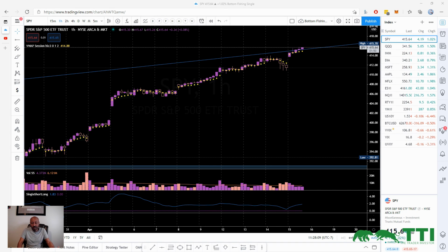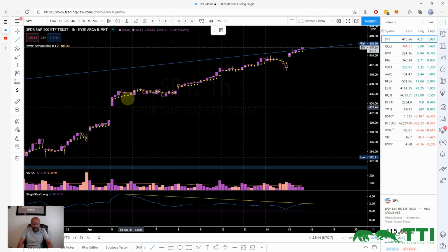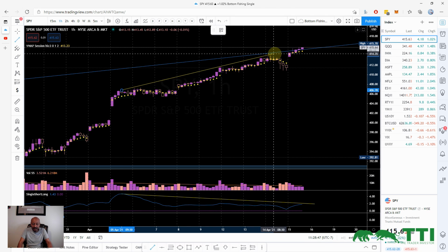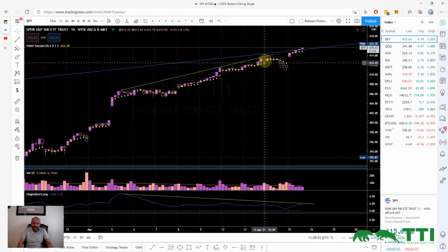Yesterday I explained how IWM is leading the way, whether we go up or down, over the broader market. I use it as my leading indicator to tell us which way we're heading. Based on a divergence that I saw in the hourly chart of SPY, just as a refresher, I'll draw it again here. Based on this divergence, I was expecting the SPY to roll over. It kind of started to roll over,